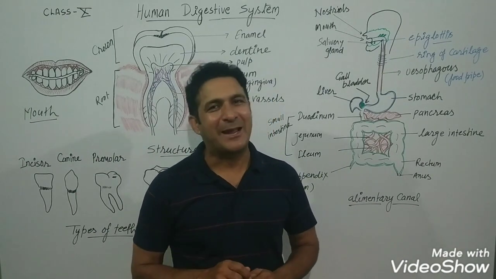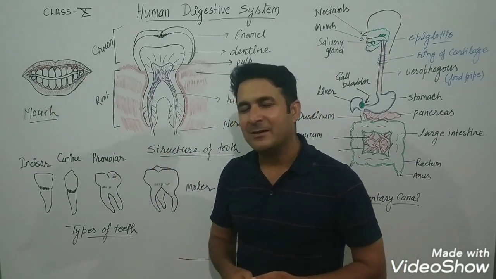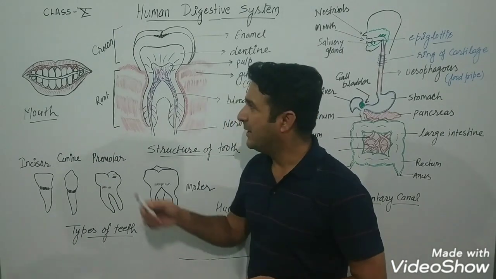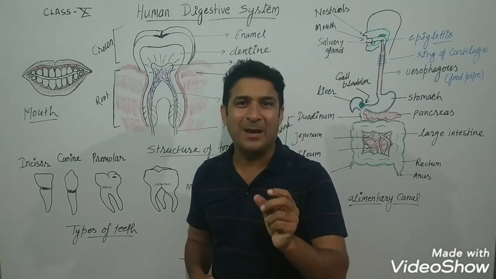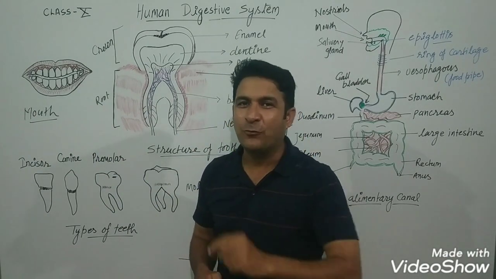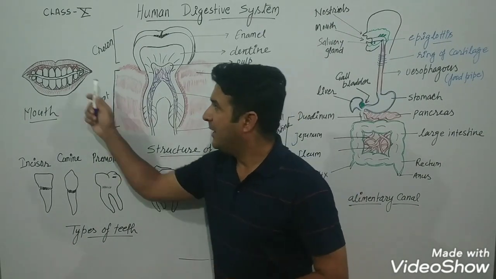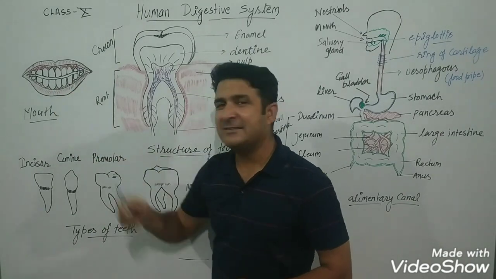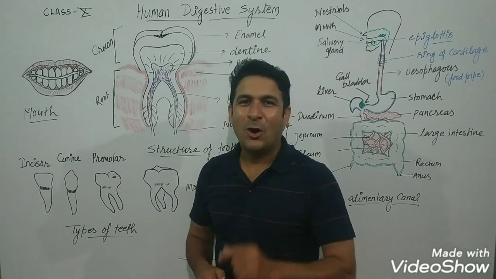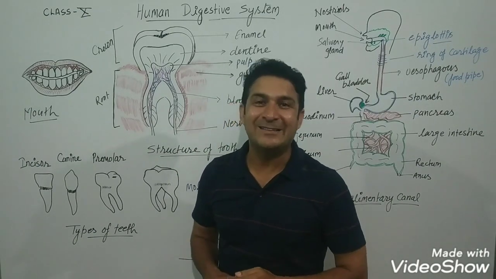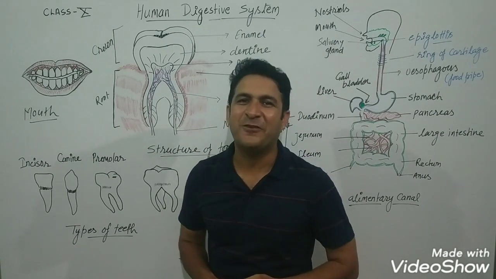Okay, so let's start with mechanical digestion. Mechanical digestion takes place in the mouth region and it is the beginning of the process. Okay, in the mouth region you can see teeth are there. Teeth always help to grind solid food particles and help make it into a paste. Okay, here you can see in the mouth many teeth are there, and if you see your teeth in the mirror, you will feel all teeth are not the same in design. They have their specific design because they have their specific function.